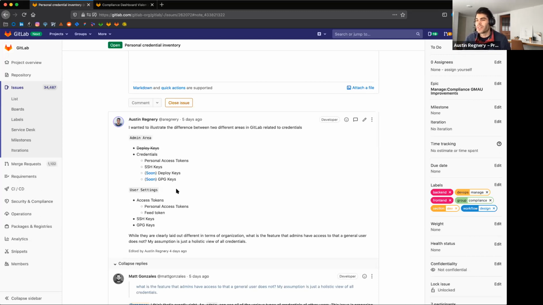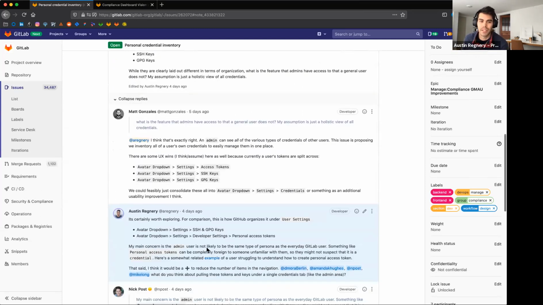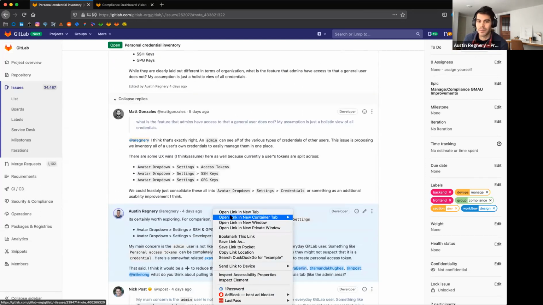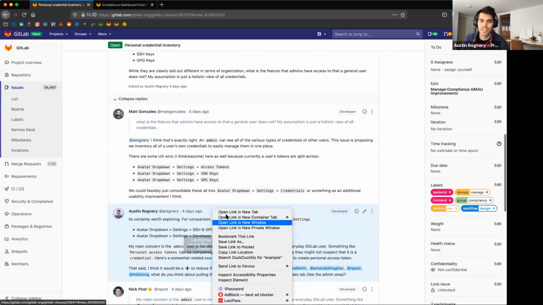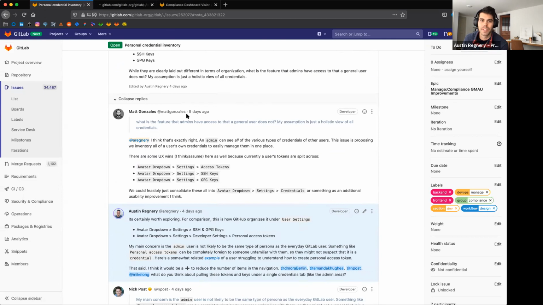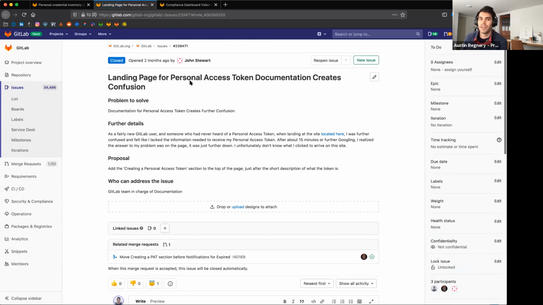I would even argue that the persona of the person dealing in the admin area is different than your general user. As an example, one of my friends was using GitLab for the first time and had no understanding of what a personal access token was.